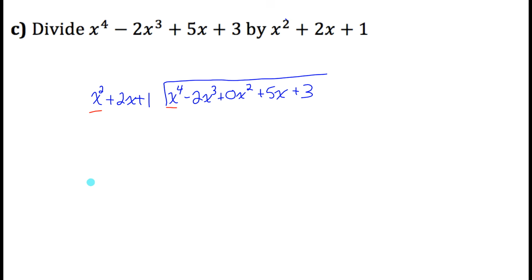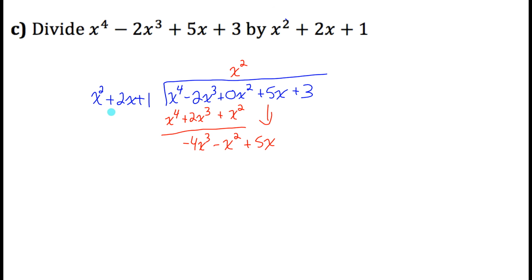So x to the 4 divided by x squared, that would be x squared. Multiply that x squared by the entire divisor. So I'd get x to the 4 plus 2x cubed plus x squared. And then we subtract all like terms. The x to the 4s are gone. Negative 2x cubed minus 2x cubed is negative 4x cubed. And 0x squared minus x squared is negative 1x squared. We bring down the next term,